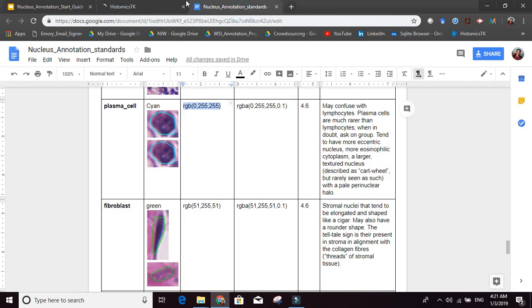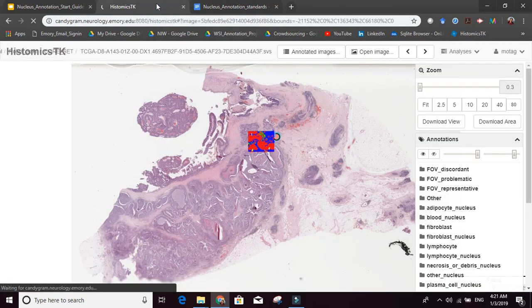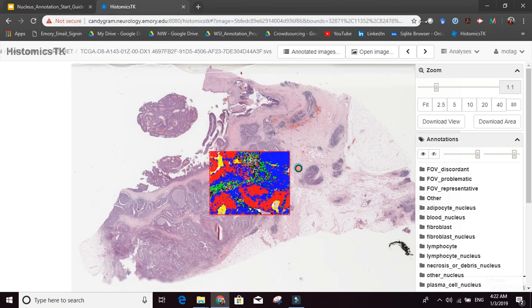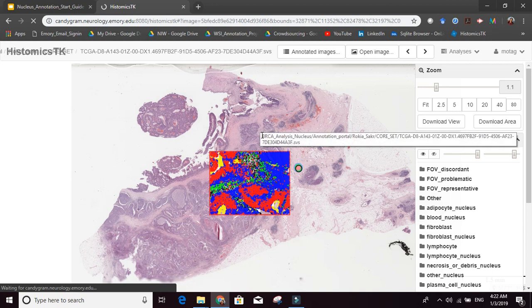Let's wait a little bit for this to load. Or maybe actually let me close one of these so that it's quicker. Close, let's reload. Perfect. Just a second, let us reload.